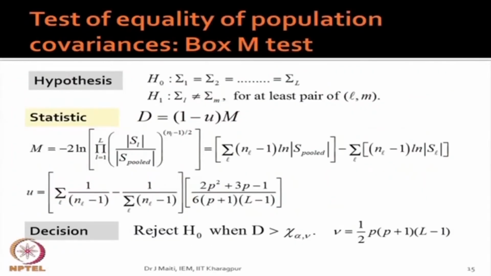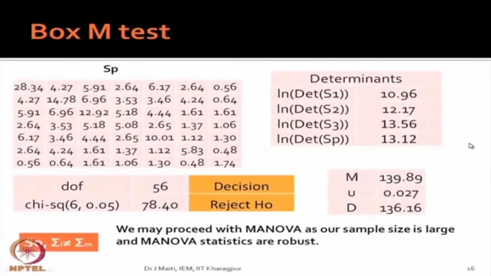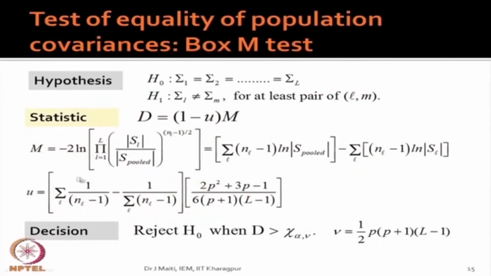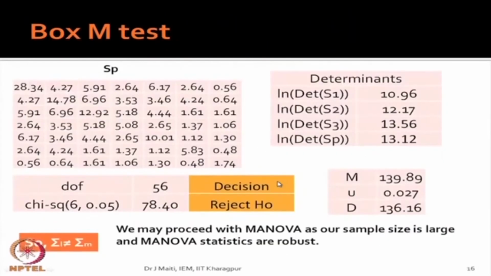We first calculated this, summation L equal to 1 to capital L, N L minus L, this quantity first computed, followed by this quantity, then we have subtracted this value, and this M value is coming here 139.89. Similarly, we have computed the U value, this minus this, and this also comes to the value 0.027, and D equal to 1 minus U into M,